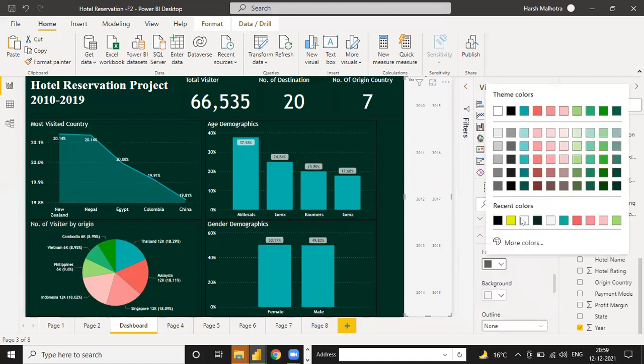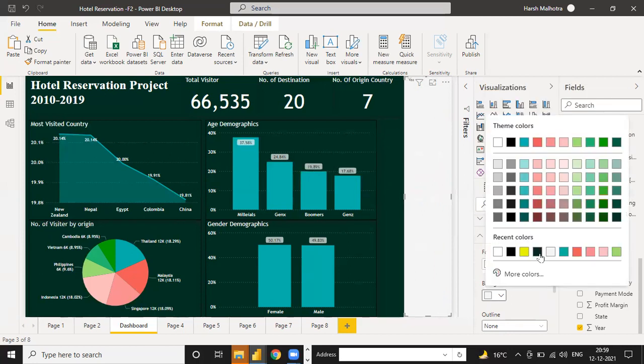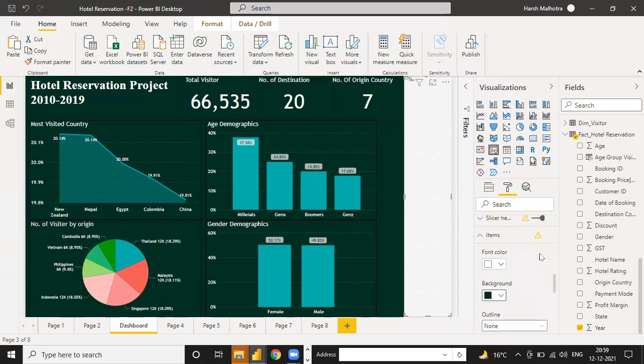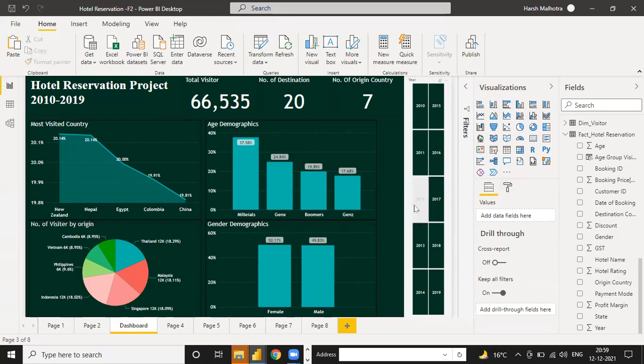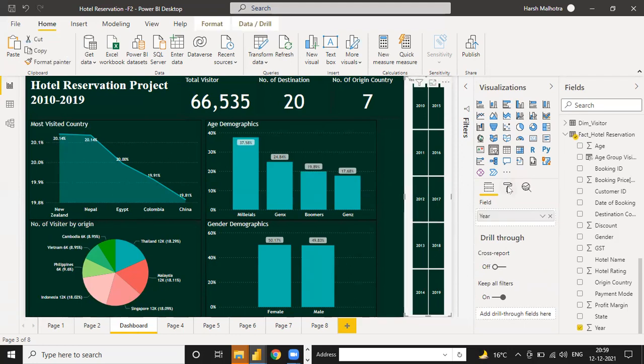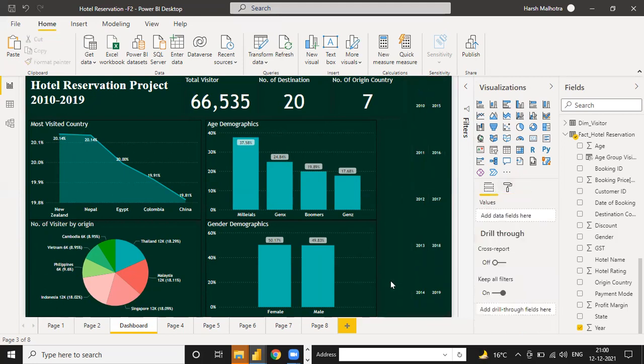Font color is white, background is green. Now it is correct. One more thing, select this. You can just switch off your background. So now this one is correct.